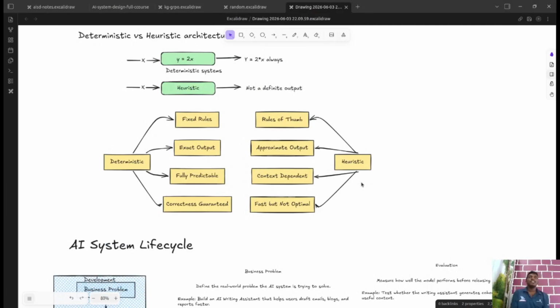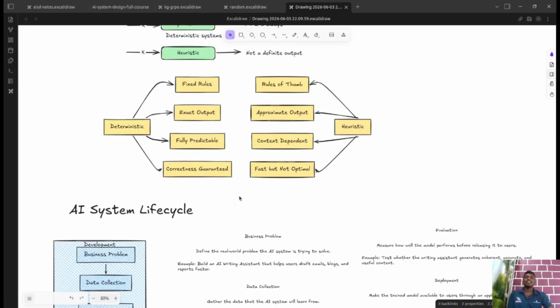AI systems being heuristic systems, it gives us the advantage of being fast and giving us good outputs, but it also comes with disadvantages: the outputs are not always fixed and not fully predictable, so a developer has to design the system in such a way that the wide variety of responses which AI is supposed to give are handled carefully.